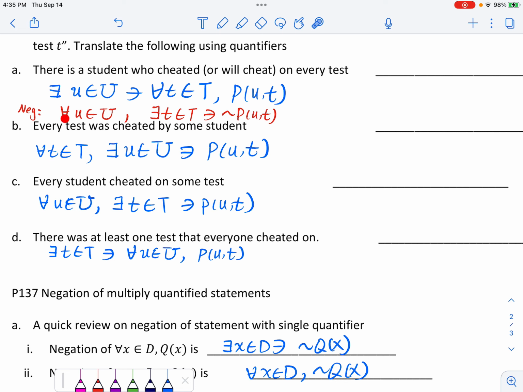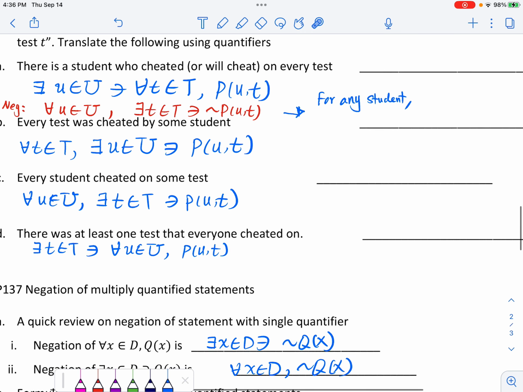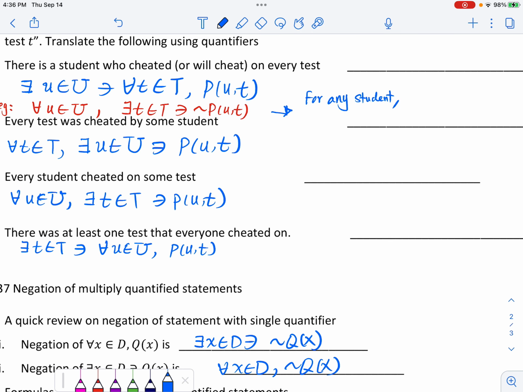Remember, think about this as an action. For all u in U, suppose you just let someone else arbitrarily pick a student from this class. In other words, for any student you pick, I can always find a test so that this student did not cheat on that particular test that I find. So for any student, there is a test such that